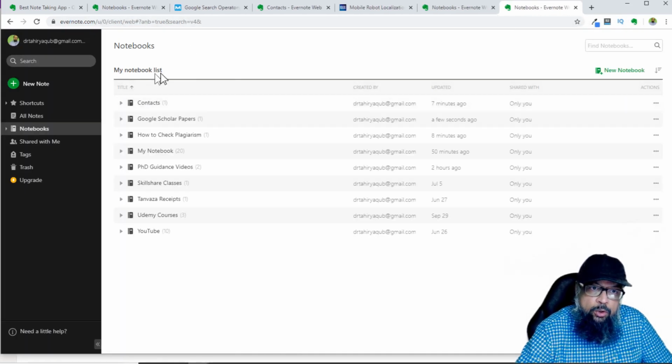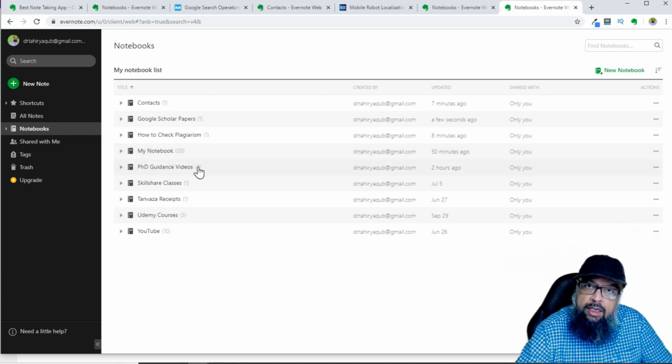Now, first let me introduce to you the Evernote application. Some of you might not have used this before. So once you install the free version of Evernote, you will see something like this, because I have created a few notebooks here. So this is how we work in Evernote. We create some notebooks, and inside these notebooks we put our notes. As you can see, total notes are shown here in my notebooks. This is the number of notes I have in total. And then individual notebooks have notes written in front of those.